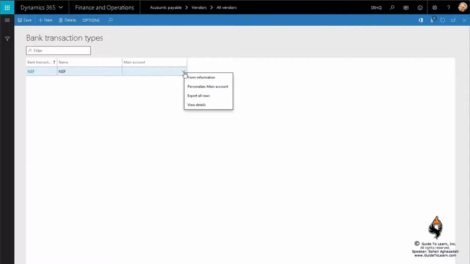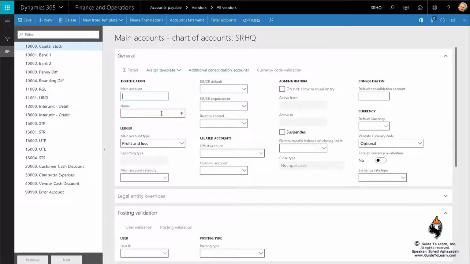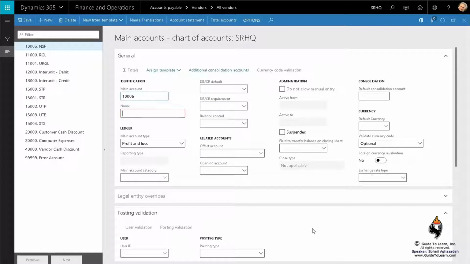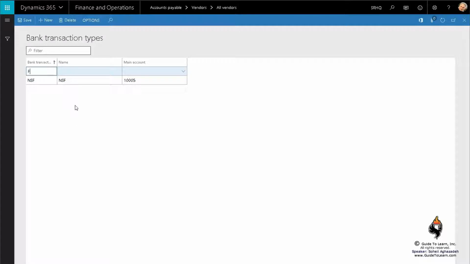For this, you need to keep track of it, so I'm going to go and View Detail, and I create a brand new main account for this. I put in 10,005, let's say, and I call it NSF. Again, the type of an account is something you should consider in regard to dealing with the profit and loss or balance sheet, which I leave alone as this. While I'm at it, I create another one, 10,006, call it bank fees, like for wire transfer when it comes to electronic and EFTs. So I click close, I specify the NSF, and then perhaps I create another one and I call it fees, like wire fee or any other bank fee. You could have as many as you want, like for example, bank transaction type to be deposit or